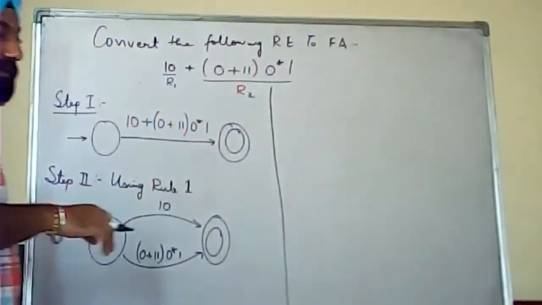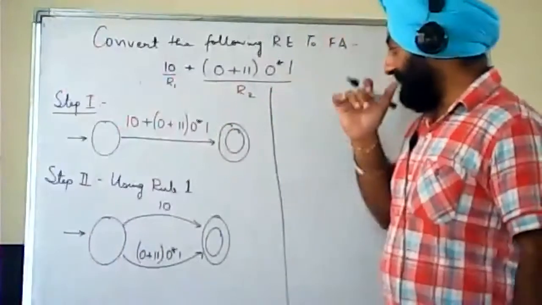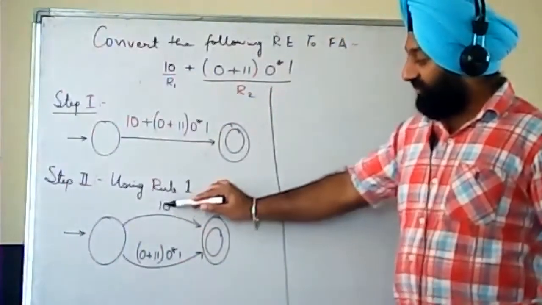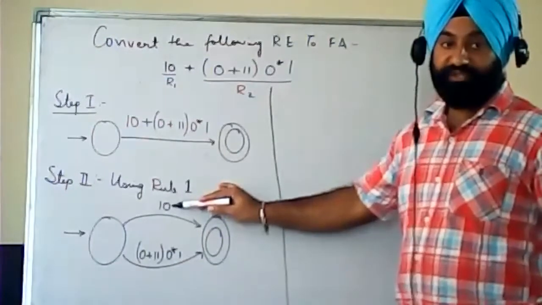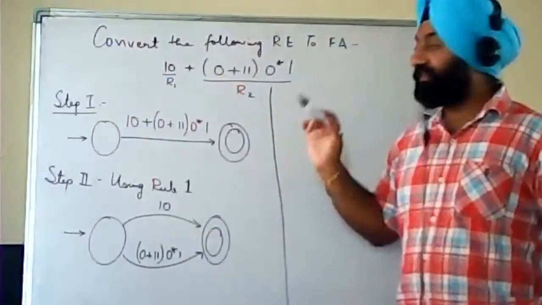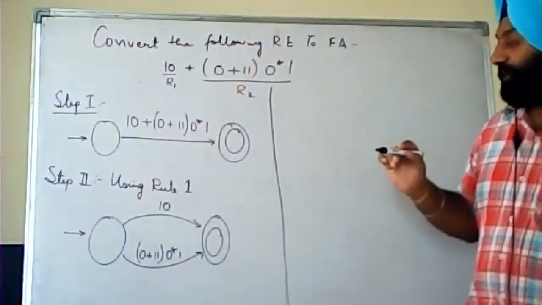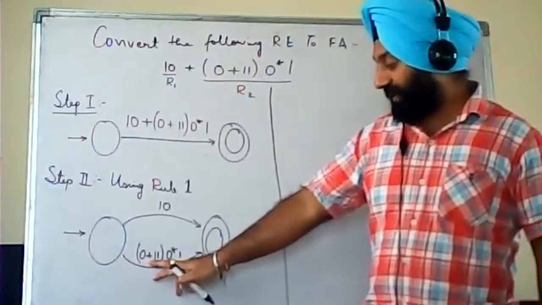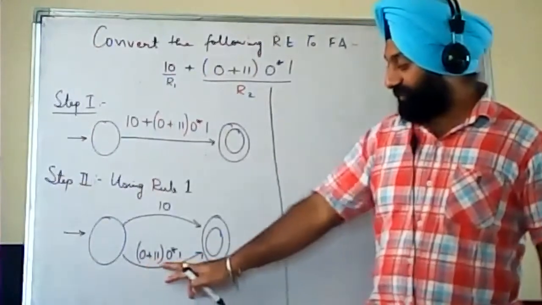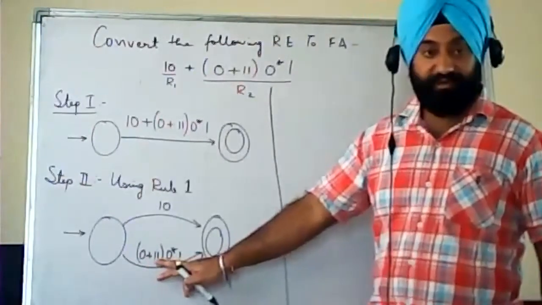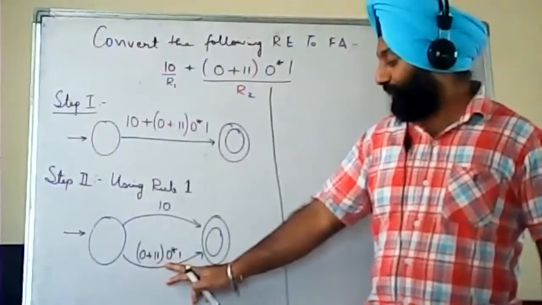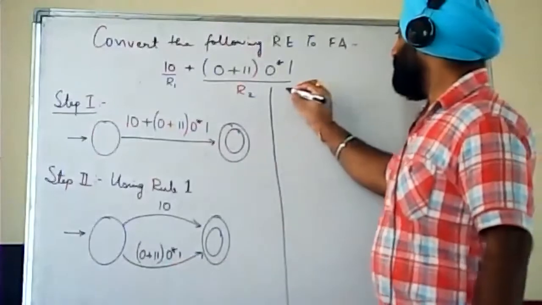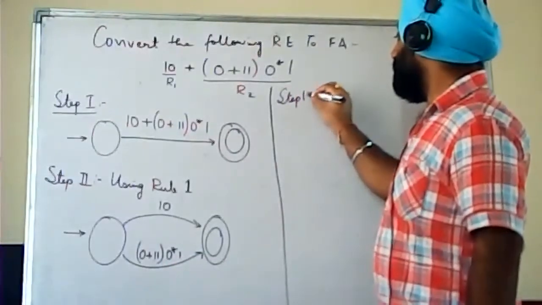Then we have step number 3. Again, you need to find the bifurcation. Here you can see 1.0, which means your second rule. The second rule is for P dot Q. Again, you will apply the same rule with this expression, that is (0 plus 1 1) within brackets dot 0 star dot 1.